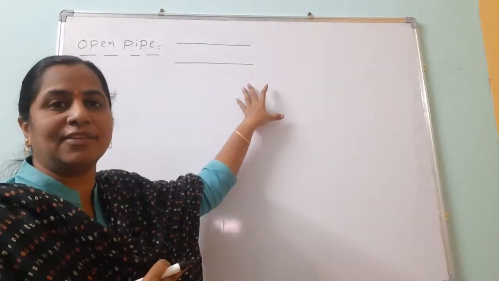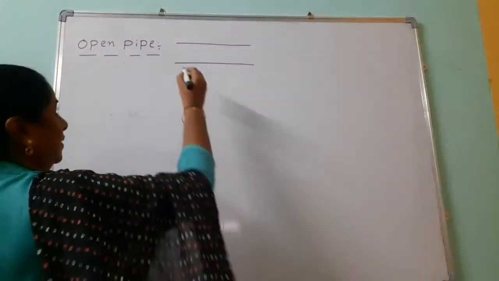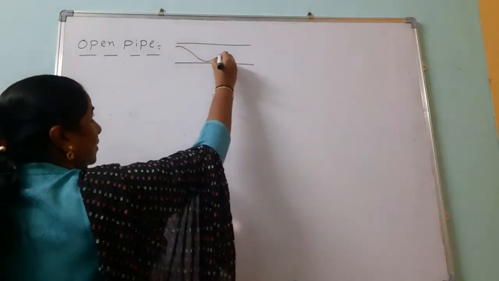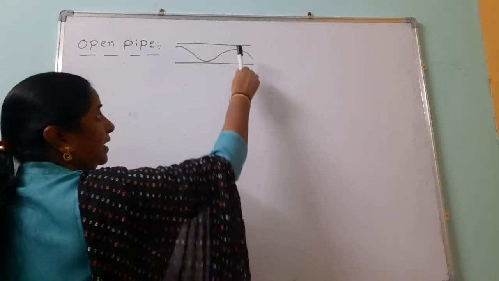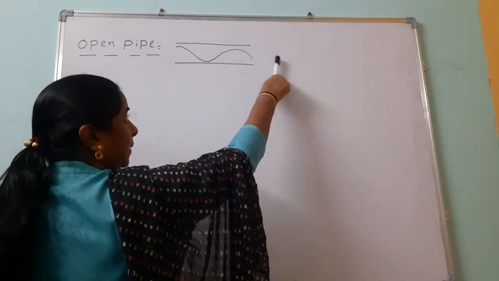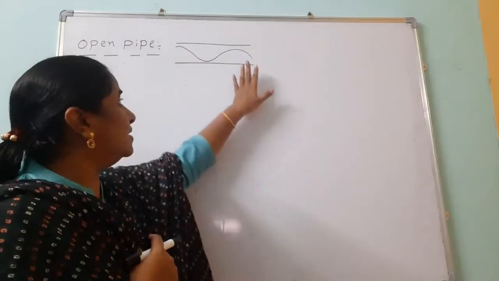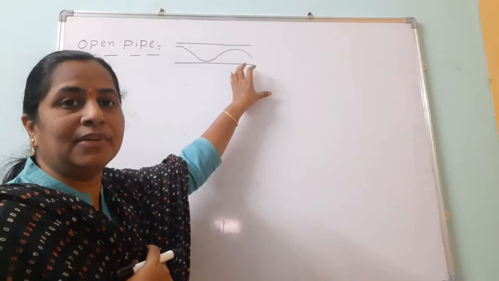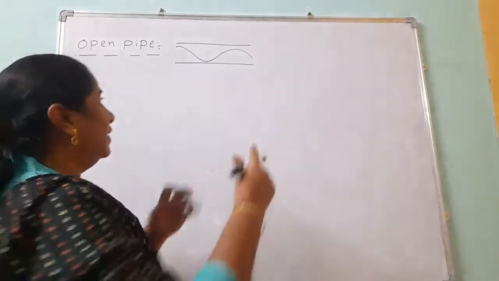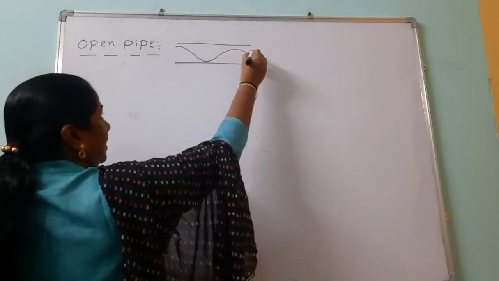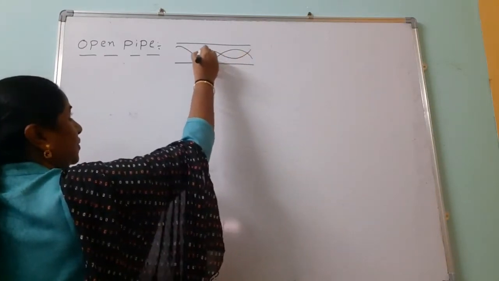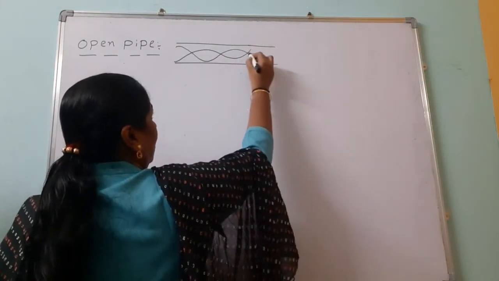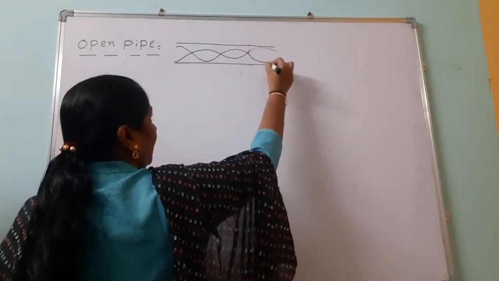But how is the stationary wave formed in this? See, because of trapping of the air inside the tube, the incident wave is going in the forward direction like this. Inside the pipe and outside the pipe, there is a pressure difference, and this is the boundary of the two media. Here air is trapped. Because of the trapping of the air, a part of the wave is coming back and superposed on this one, and it forms the longitudinal stationary wave in the open pipe.